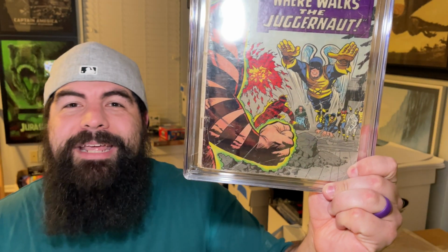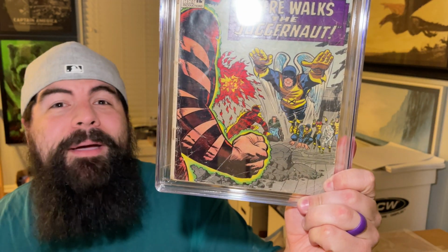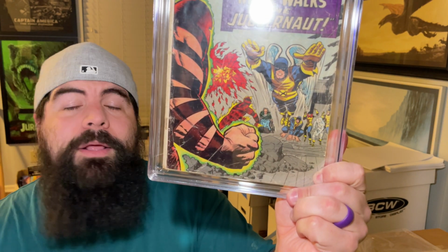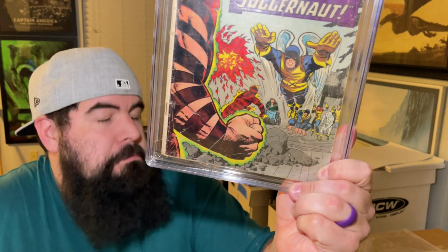So we have a beautiful copy of X-Men number 14, the second Juggernaut appearance. Talk about old school that we don't see too much on this channel. I thought it was a really cool book and I wanted it graded. I paid for the Express because I just wanted it graded back faster. That's kind of about it. I thought it was a cool book. And we got a...